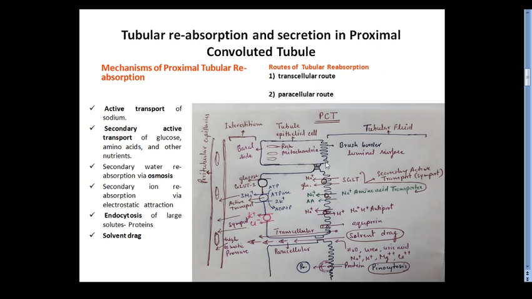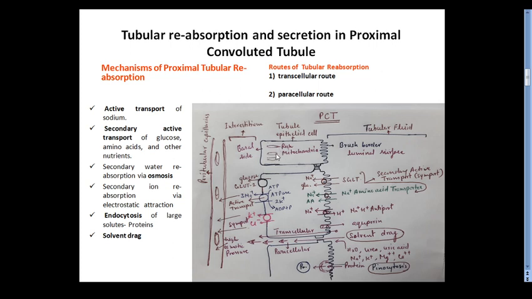This is the advantage of the microvilli on the luminal side of the membrane of the tubular epithelial cell. Similarly, the basal side is towards the interstitium, and this cell is rich in mitochondria because it actively reabsorbs sodium and